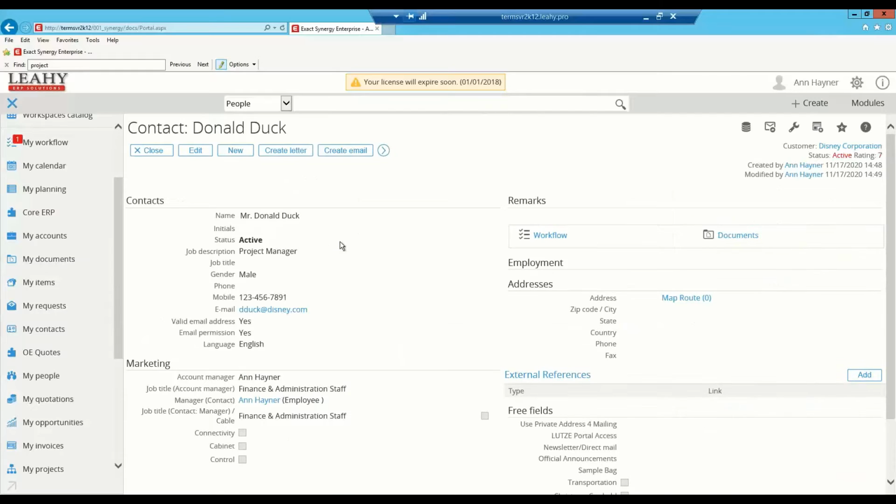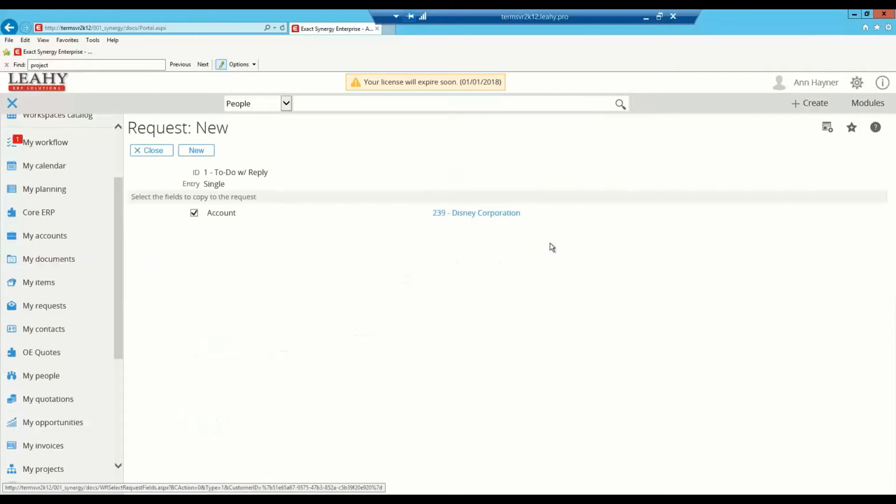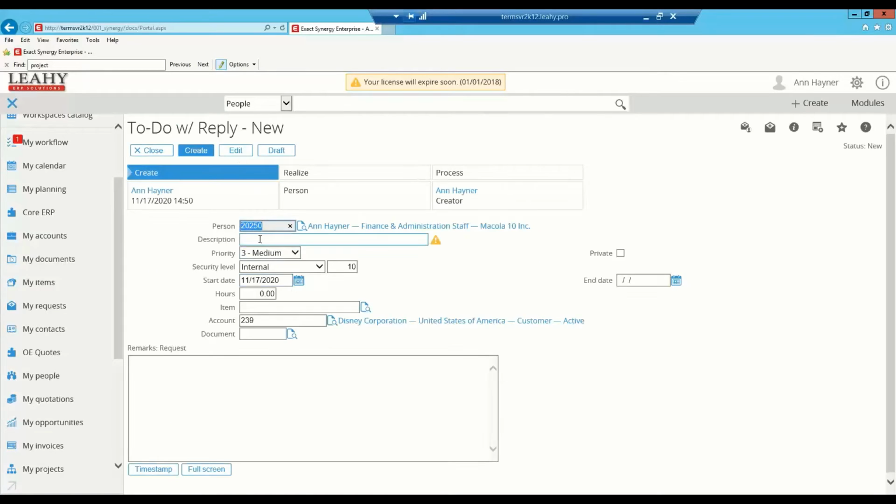And then if I get a call from Mr. Duck and we want to actually do something for him, notice that I exploded out my buttons at the top here because now I have a task that's related to Donald Duck. So we're going to create a request, and it's actually a to-do with reply. And again, there's something else that we're going to do here, and we're going to associate it with the account and say that there's more to do here,